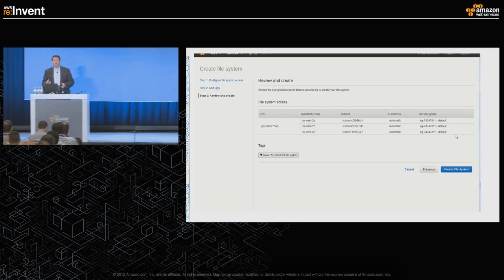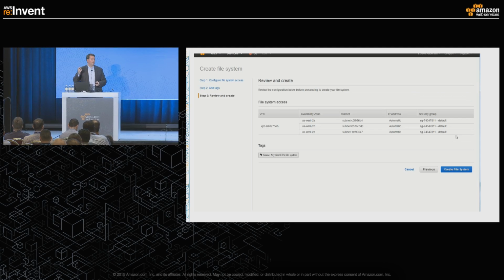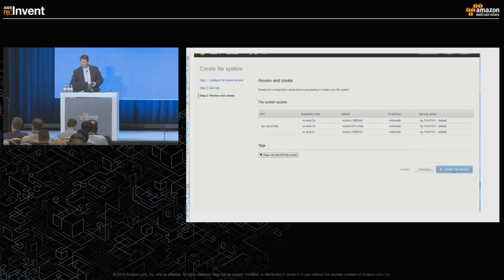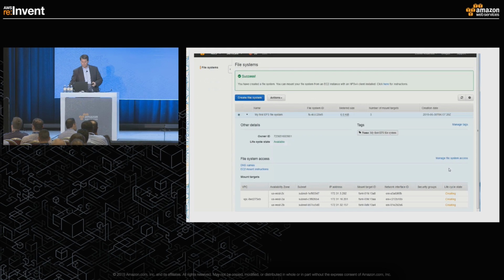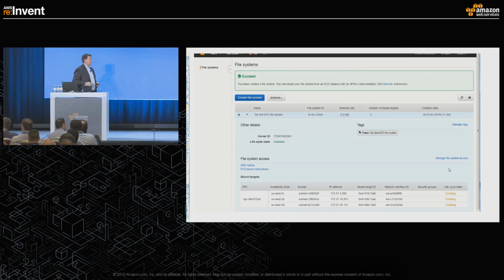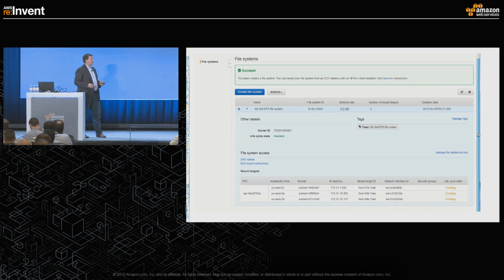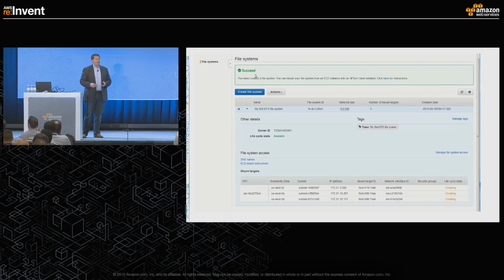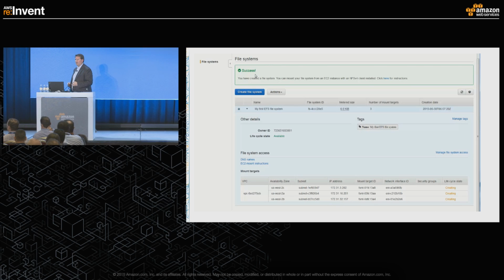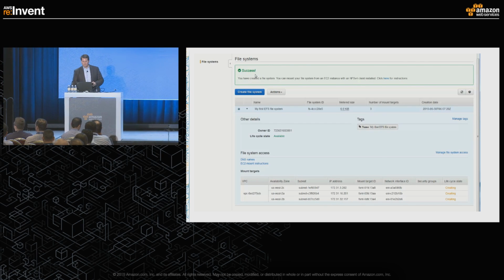So it really took 3 or 4 clicks to get this far. It took 5 minutes to talk about it, but when you go through it the first couple of times, you can start creating this very quickly in under a minute time. File system has been created, gives you a readout of the commands that were executed, and now this file system is available for computing purposes from your EC2 instances.